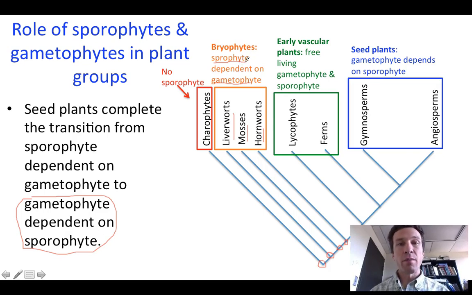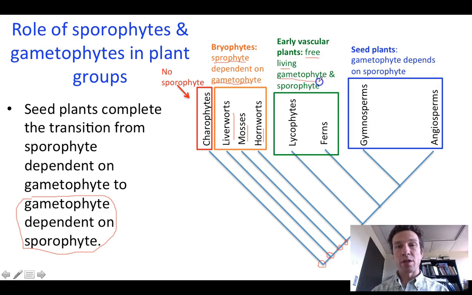So they're here, but they're not yet the important generation. Then we see that the lineage that divided from the hornworts continued on and gave rise to the lycophytes, and later to the ferns. These two groups are united by the fact that they have both a free-living gametophyte generation,